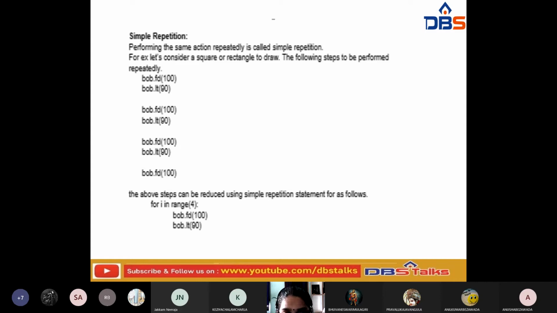Because a square has 4 sides, and to draw those 4 lines we have to repeat it 4 times. So if you use this for loop in the range of 4, the code will repeat 4 times, and automatically the square is drawn.